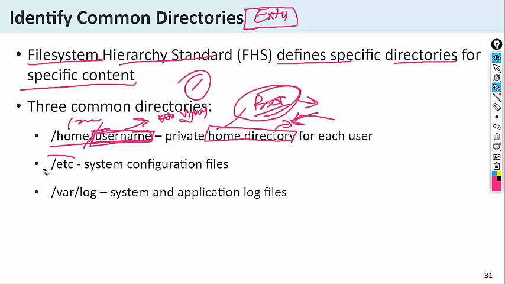Another is /etc, a directory where all the system configuration files exist. Another is /var/log, where logs are saved. So what is a log?